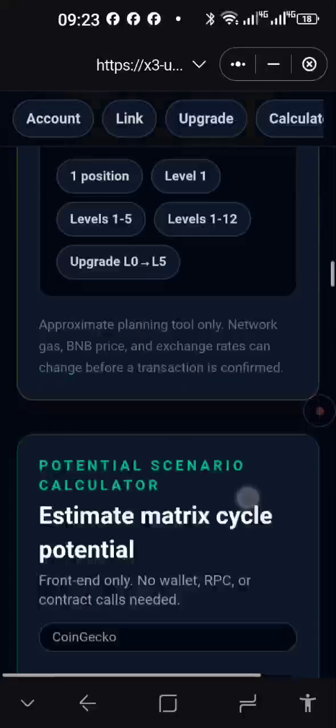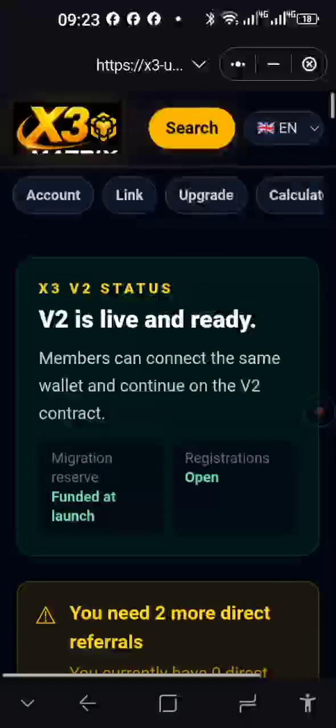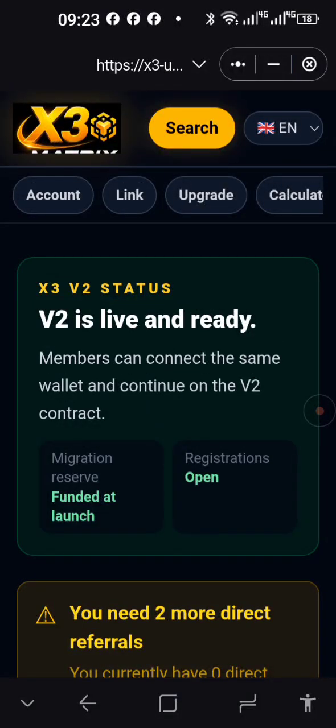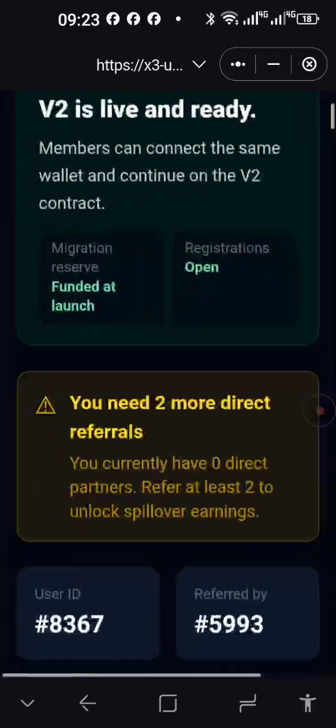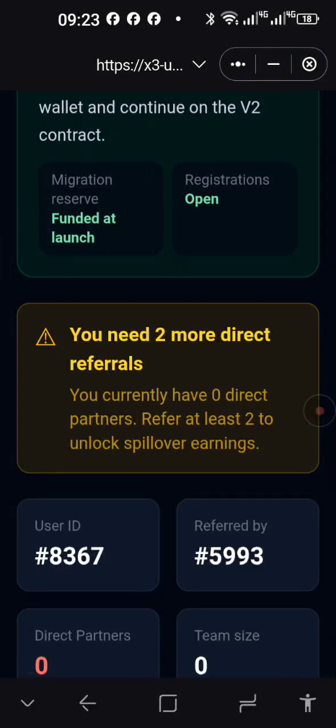Alright, ladies and gentlemen, that is about X3 Matrix. Remember to get your 2 direct referrals as soon as possible to qualify. Most members qualify themselves by registering 2 more positions under their own link, and then they upgrade themselves to higher levels.